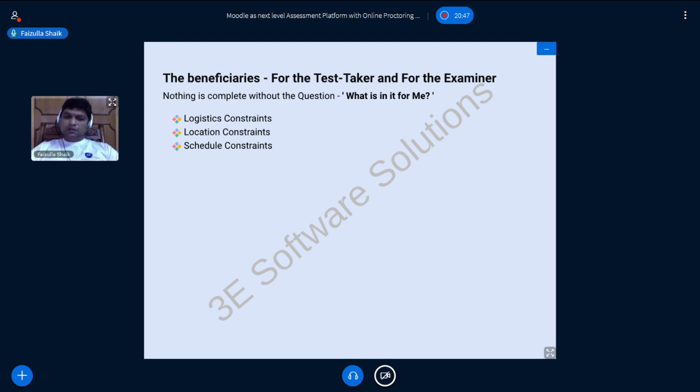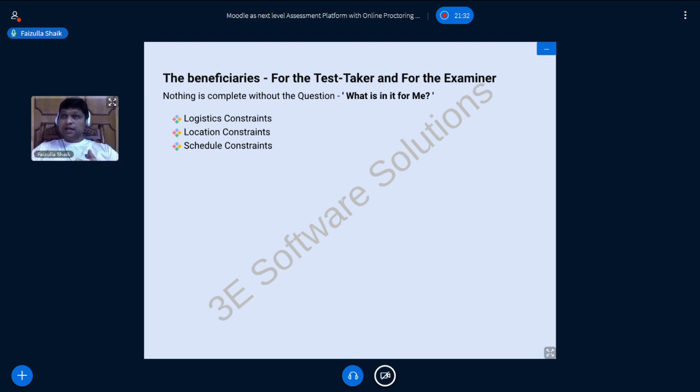Then again, depending on the way the proctoring is done, maybe the proctoring can be done online. The live feed is being taken and the proctor is sitting on the other side. He will be viewing the live feed and making the proctoring notes, etc. Depending on how the proctoring is scheduled, a proctor can do the proctoring for maybe 12 to 16 candidates at once, or he can do it for one or two candidates at once. So it depends on how it has been scheduled. Then again, depending on the kind and type of the proctoring.